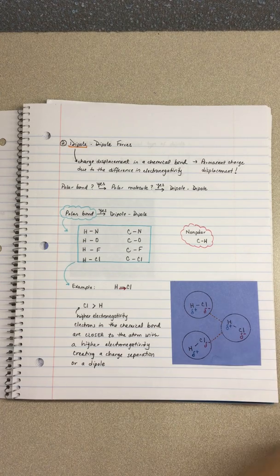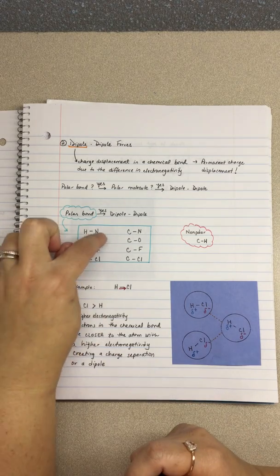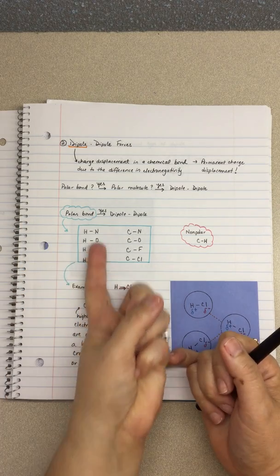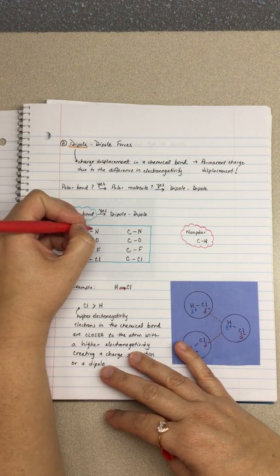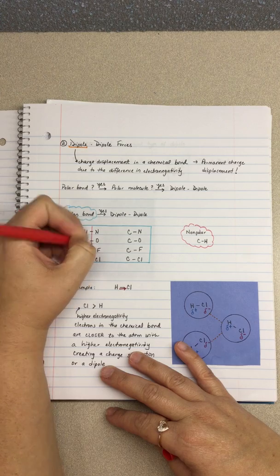Your elements, the ones that are more electronegative, or that have a higher value of electronegativity, you can look at the periodic table: electronegativity is increasing as you move to the right and as you move up in the periodic table. And we have fluorine as the most electronegative element in the periodic table. So looking at the periodic table, all of these atoms here, the nitrogen, the oxygen, the fluorine, and the chlorine, all of these ones